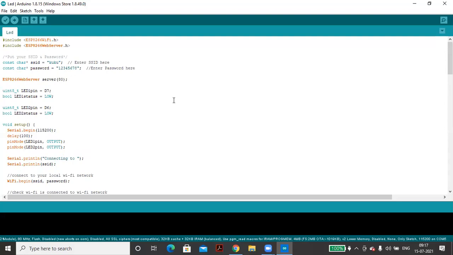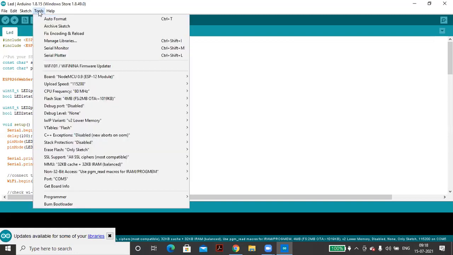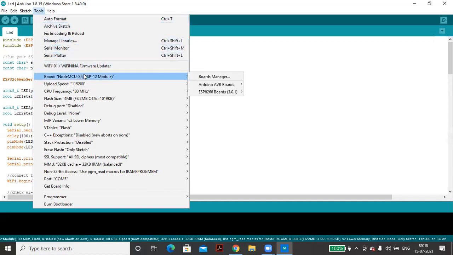After installing, you have to configure your board, because if you download the raw software, it might be that your board is not supported. So you have to update the library. If you go to Tools, there is an option of choosing your board, on which board you are performing. Then there is a Board Manager.